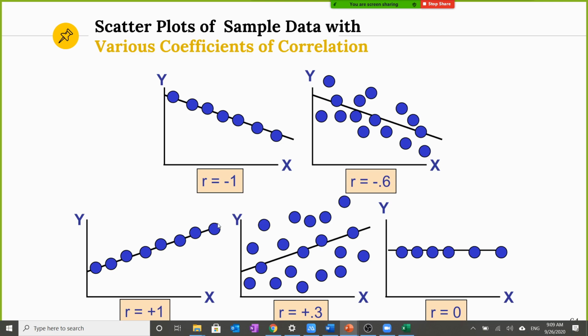Okay, so if the data is good like this one, they have a good pattern, then the r will be close to 1 or 1. To get 1 is not impossible, but it's rare. Okay, if the data is like this one, there is no correlation. So if x is big, then y is still the same. If x is low or maybe 0, y is still the same. There is no correlation.